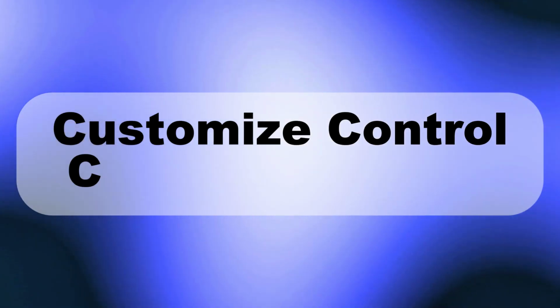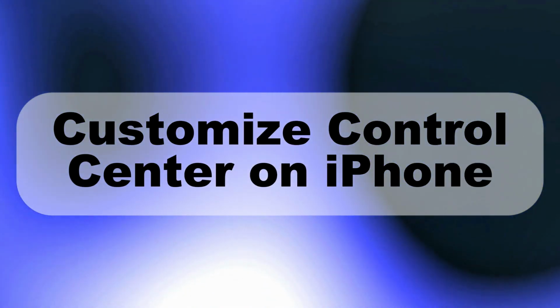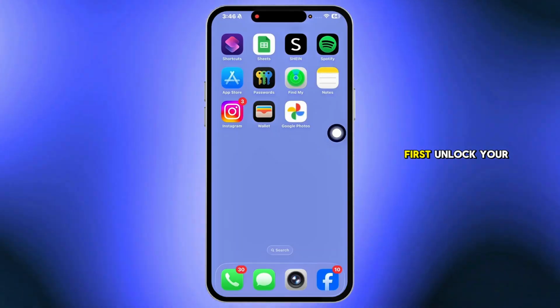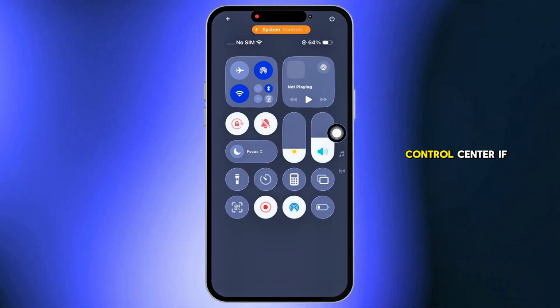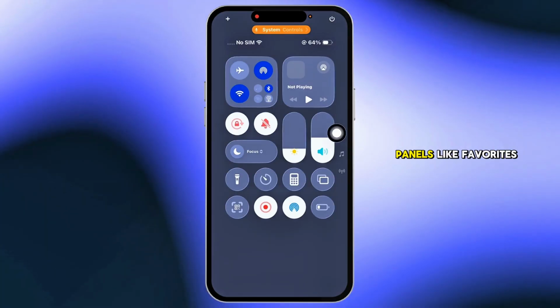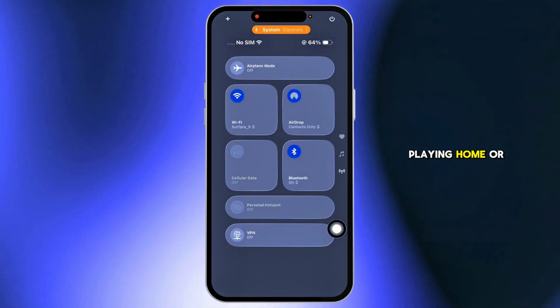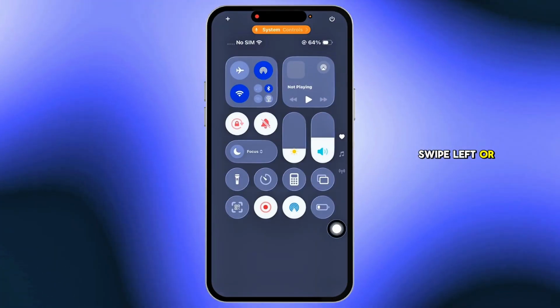Want to customize Control Center on your iPhone running iOS 26? First, unlock your device and swipe down from the top right corner of the screen to open Control Center. If you have multiple panels like Favorites, Now Playing, Home, or Connectivity, swipe left or right to select the one